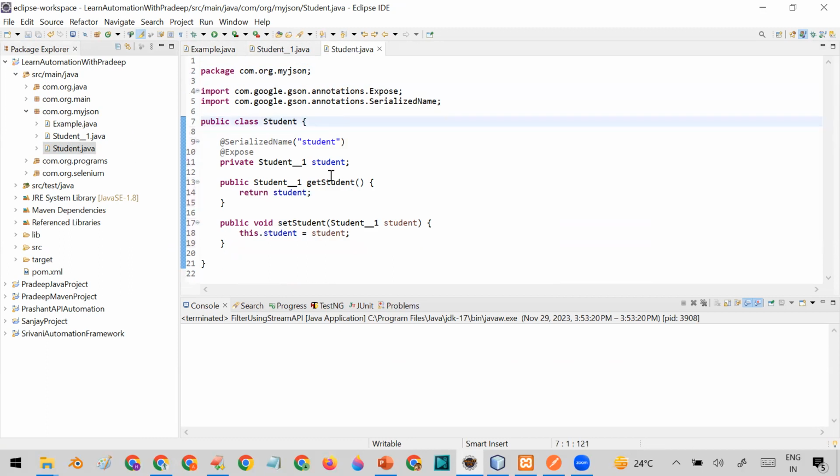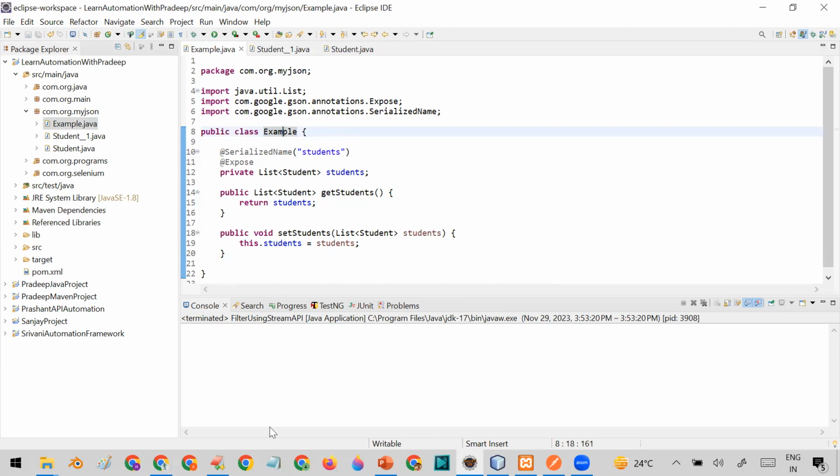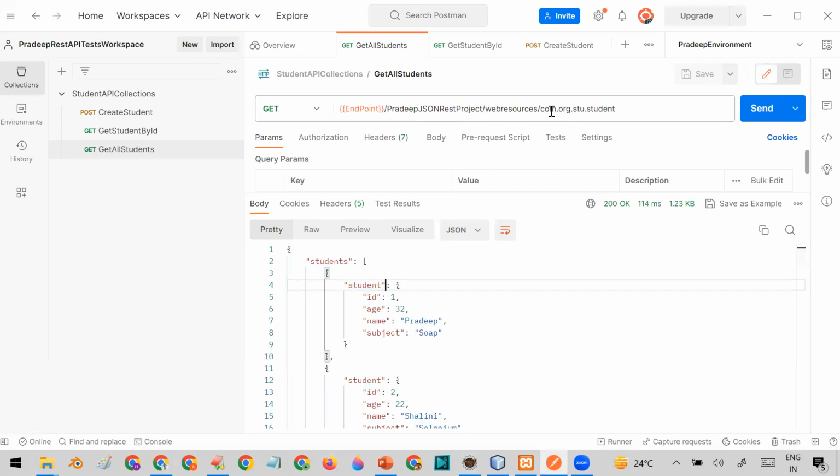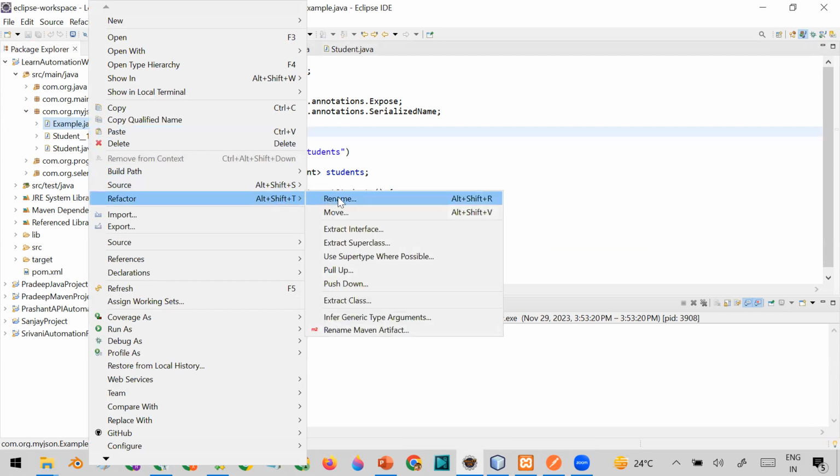So you can say that you got the structure here. Now, if you want, you can modify according to your requirement also. For example, this example file, they have given the name of example file, but usually this example, if you see, is presenting the response of this API, this get all student API, and this structure is coming in the response of this API. So whenever you are using it, you can actually rename it properly and use it in a meaningful way. For that purpose, you can simply come here, go to refactor and